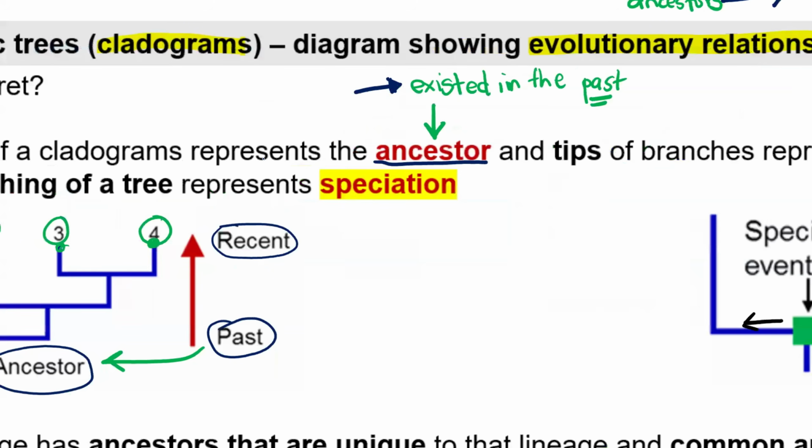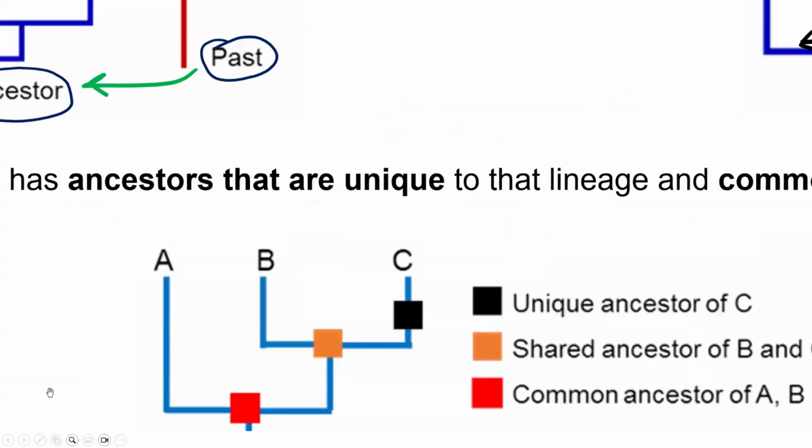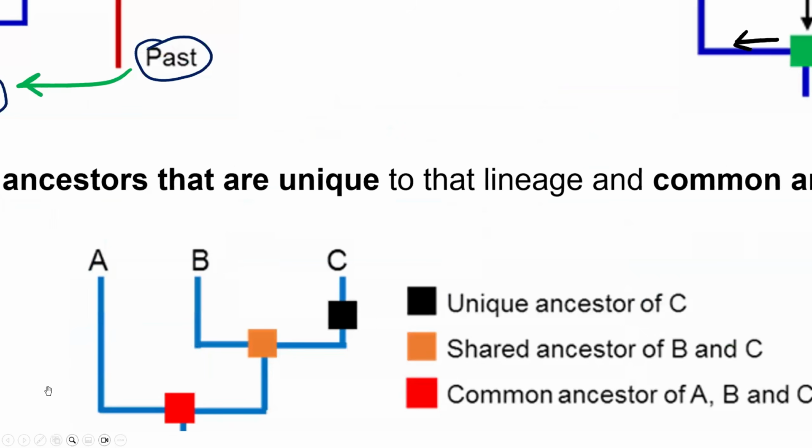Now when we look at the phylogenetic tree provided here, it is showing an ancestor. Remember, where do we find the oldest ancestor? We find it here at the root of the phylogenetic tree, at the bottommost part of the tree. Hey guys, I am trying my best to make you understand this. So the common ancestor is found here at the root.